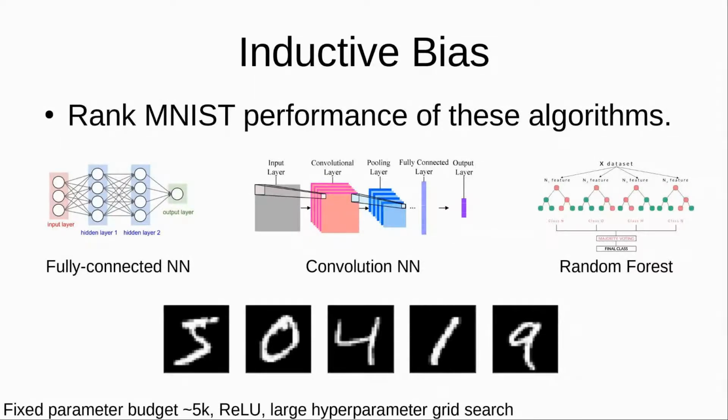To drive this point home a little bit, think about MNIST, which is a popular machine learning task whose job is to classify digits. For example, in those five images on the bottom of the screen, the goal of the machine learning algorithm is to select the correct class for each image. In this case, that would be a 5, and then a 0, and then a 4, and then a 1, and then a 9. So if I train three different machine learning algorithms to solve this problem, a fully connected neural network, a convolutional neural network, and a random forest, and I evaluate them all on this task,